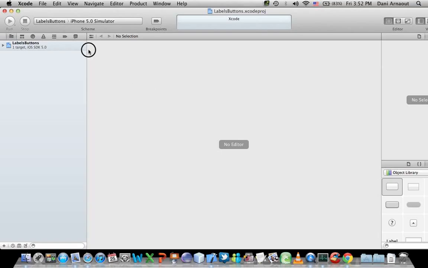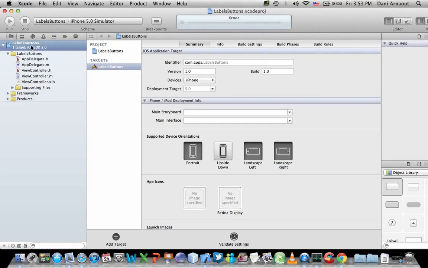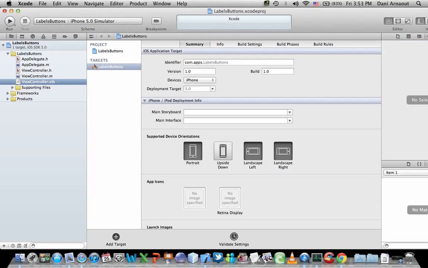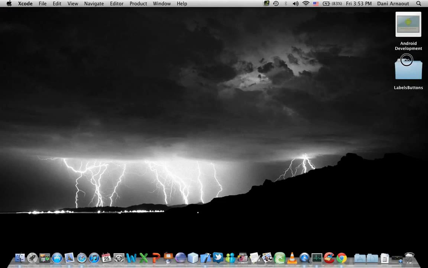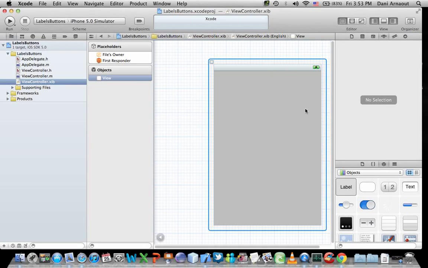So if you remember from the previous tutorial, anyway, to design our interface, as I have mentioned before, we go directly to viewcontroller.xib, and in this view controller we can design our interface. Here's our view,